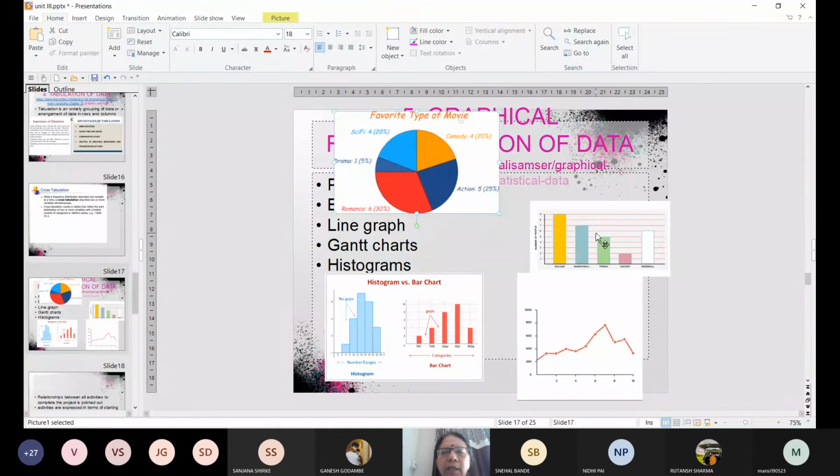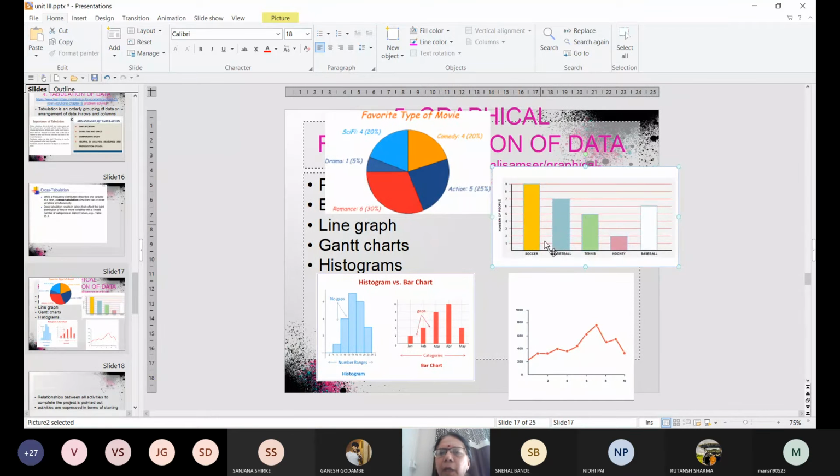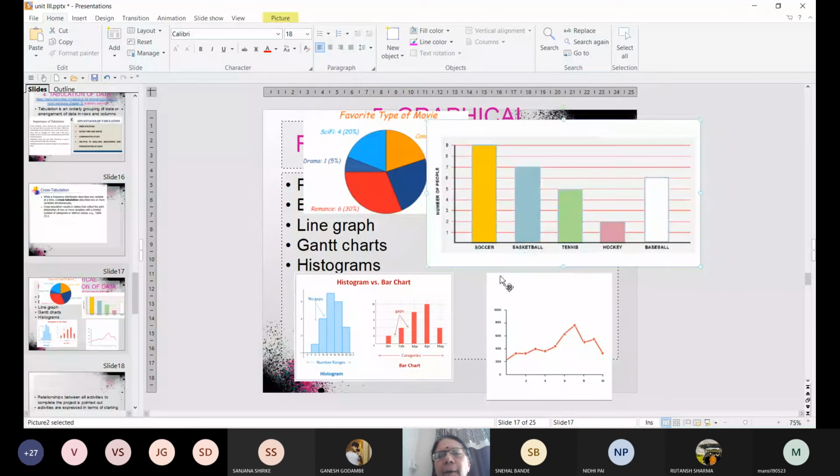Now look at this. This is your bar diagram. ये जो है वो bar diagram है. तो bar diagram के अंदर भी when you look at the size of the bar, आपको बहुत सारी चीजें समझ में आने लगती है. So this is about, see, on this side, on the horizontal axis, you have names of sports: soccer, basketball, tennis, hockey, baseball, and here you have number of people who are playing that game. Okay? So when you look at this picture, can you tell me which game is more preferable? आपको दिखाई दे रहा है? I'll just enlarge it a little bit.